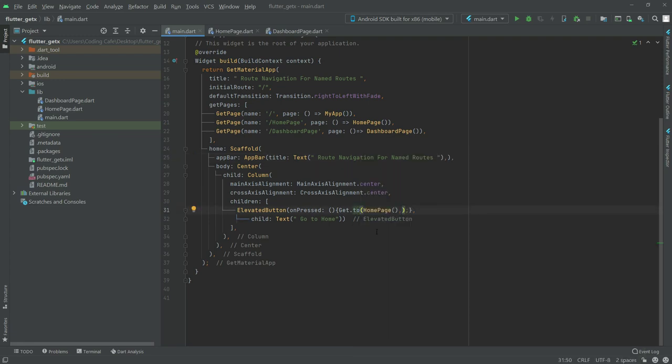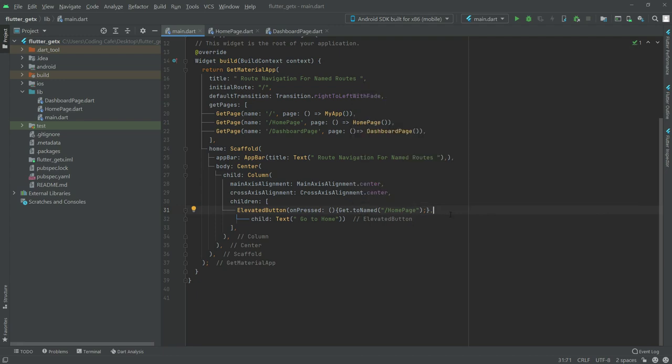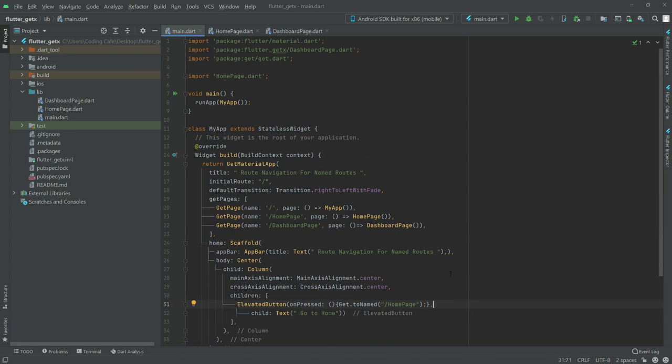We will write "named", as you guys can see in here I give the name, and now we will remove that and write it like this, home page. So this one will be for named routes. We will simply get the user to the home page, and that's all the code for main.dart.